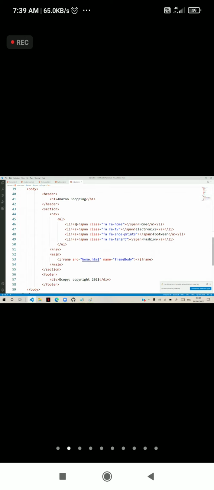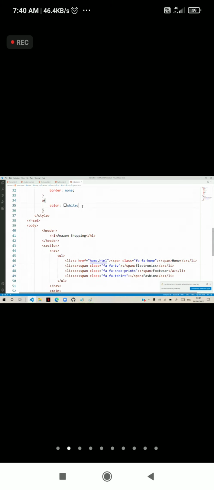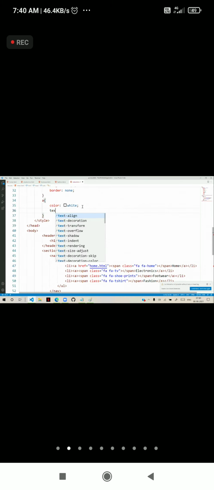So here href, when I click on this home, it should go to home.html. But what will happen is it will remove the current page and navigate to that page. Observe carefully what happens now. I will remove the text decoration also, so text decoration as none.